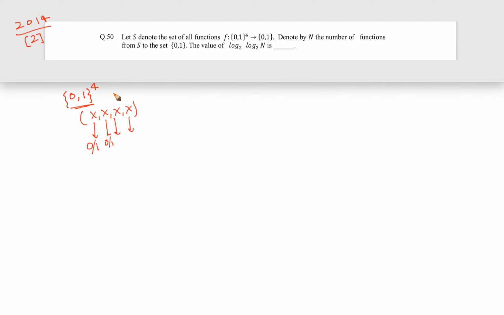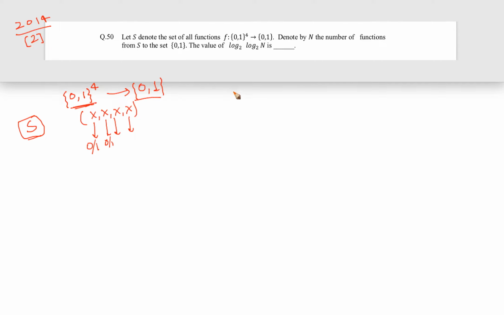So from this to {0,1}, how many such functions can you have? That entire set of functions is denoted by S. Now we are interested in the cardinality of S, like the number of elements in S. Why? Because later they are saying that let N denote the number of functions from this set S